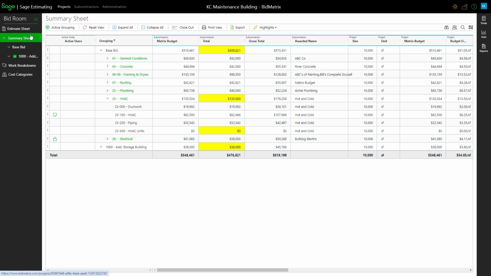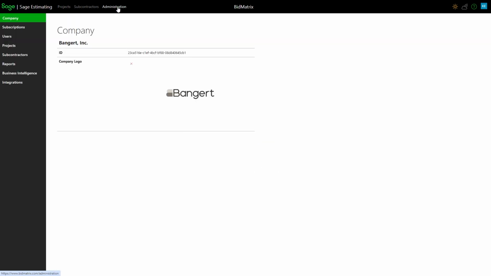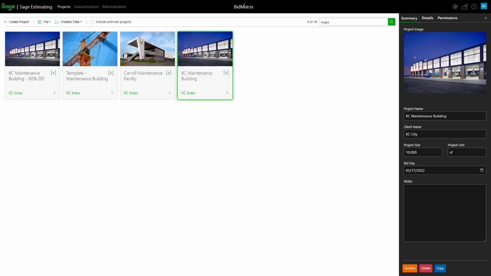As I'm looking at my system, you now have administration at the top. So instead of the gear cog that they've had in the past to get to administration, now I can just go to administration. It's just like my project and subcontractors administration, so it's a pretty key thing. It pulls up right off the bat, so I can get to all my administration features there. That one's more just a change. I don't know that it matters whether it's a gear cog or administration, but that's how you get to it now.